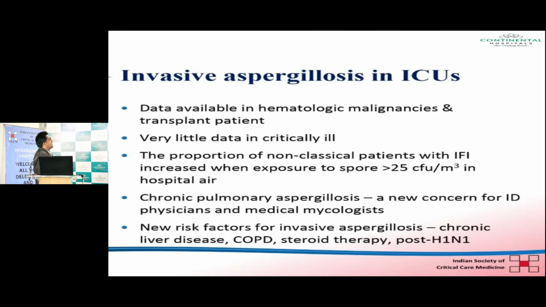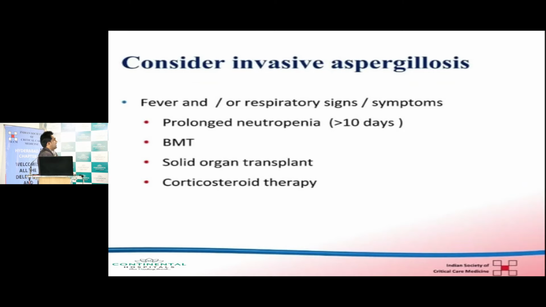Data in favor of invasive aspergillosis is very little in ICU, with high scores and a high incidence of aspergillosis, and probably there is a problem with chronic pulmonary aspergillosis. Because we as physicians, whenever a patient treated for TB comes with repeated symptoms, often think there is a reactivation of TB or drug-resistant TB, but 20% of those cases turn out to be pulmonary aspergillosis. The risk factors for aspergillosis are liver disease, COPD, steroid therapy, of late the deadly COVID pandemic, H1N1, and other